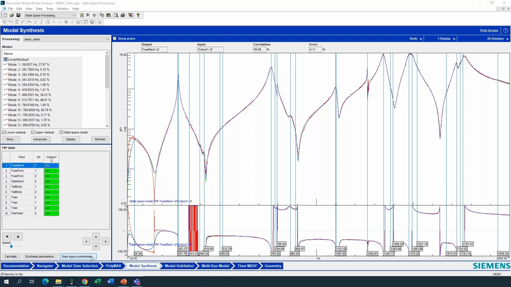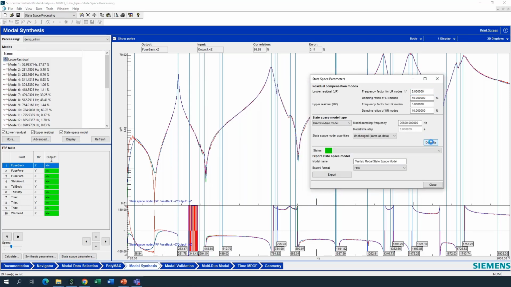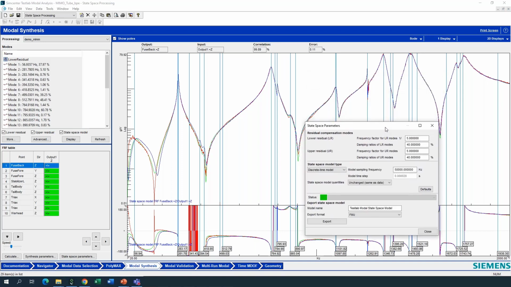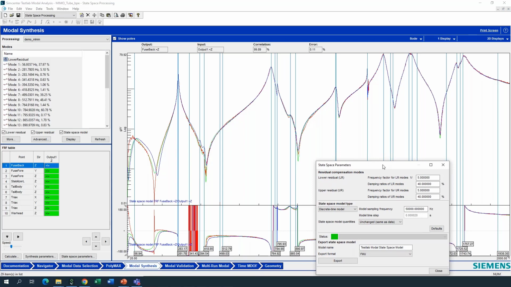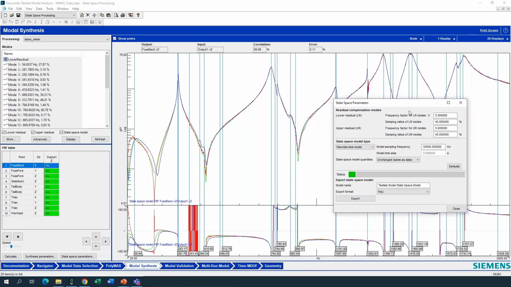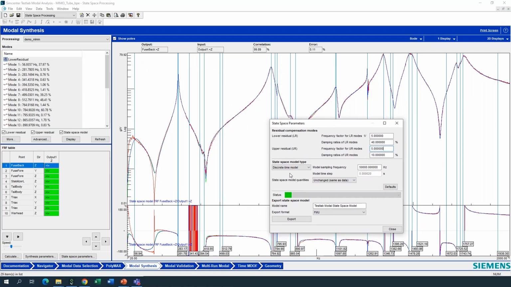Here you see the parameters that influence the model. If I take the defaults, that's the default model. You see blue and green are maybe not perfectly on top of each other. So it's possible to play with the parameters. Especially here, this situation can improve by taking a bit lower damping for this compensation mode. So it's really possible to play with it.